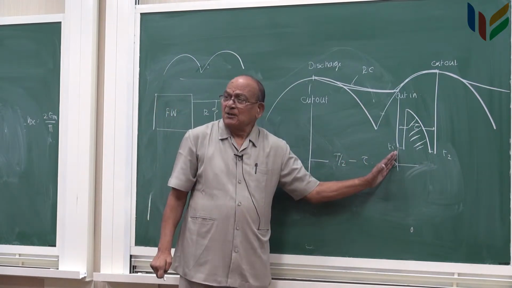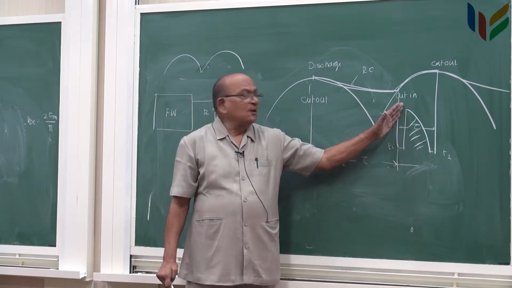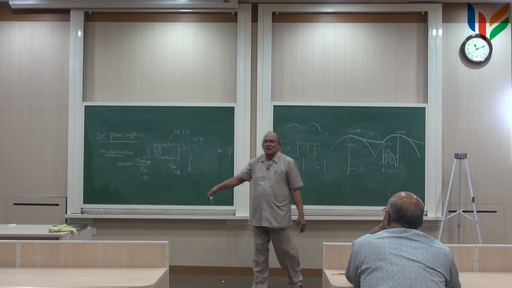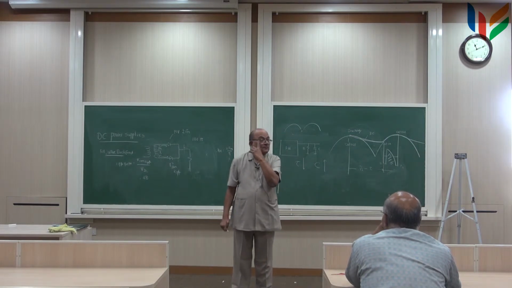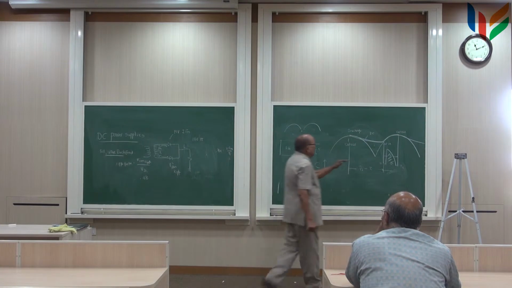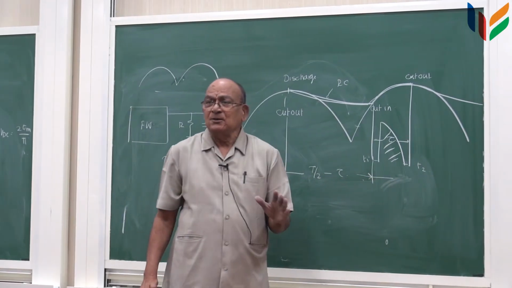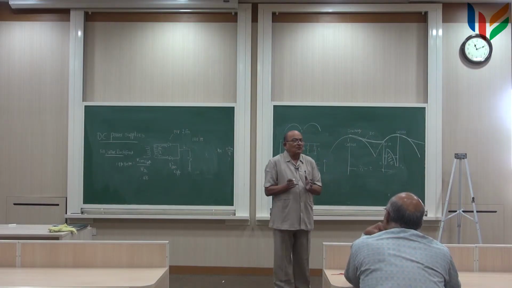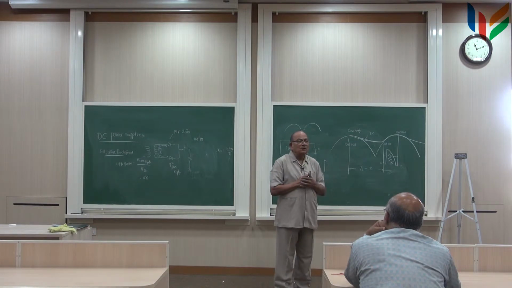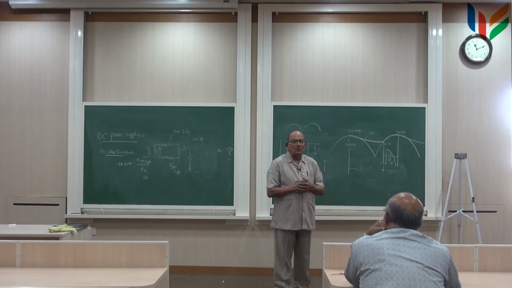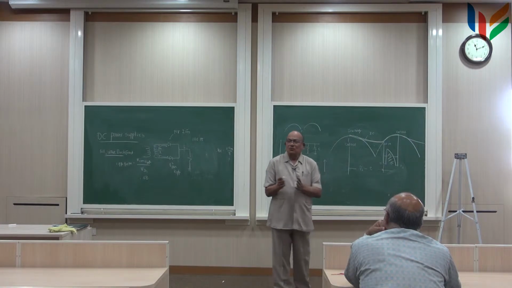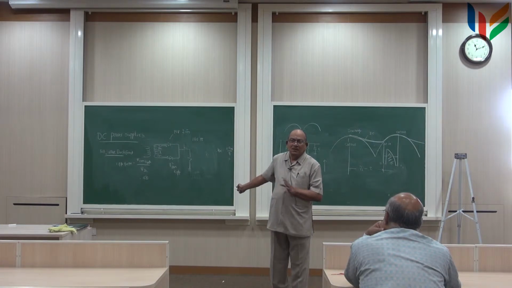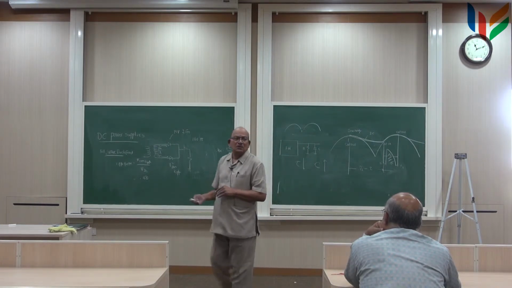Because it just started charging, the current will be very high, and the current goes on decreasing as the charging takes place. So it is typically like an exponential decay. The area under this curve is equal to charge. So the amount of charge that it has acquired during the charging time T1 to T2, equal to tau, is equal to what? The amount of charge that it has lost during the discharge time, right?